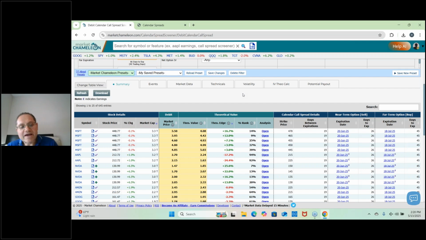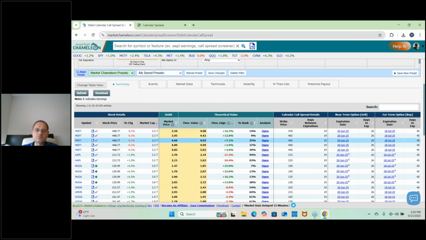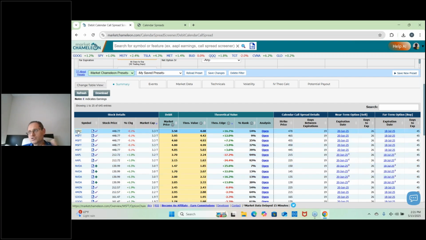This table screens out different potential calendar spreads, looks at the current markets, comes back with the market price for the calendar spread, then runs an analysis on it. So we could screen for calendar spreads with particular or unique parameters using our filters. First, let's just read left to right. Here you can see the symbols Microsoft, and we see a bunch of Microsoft and Apple,